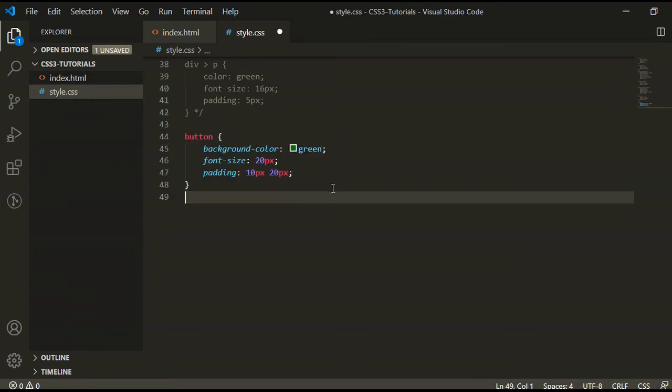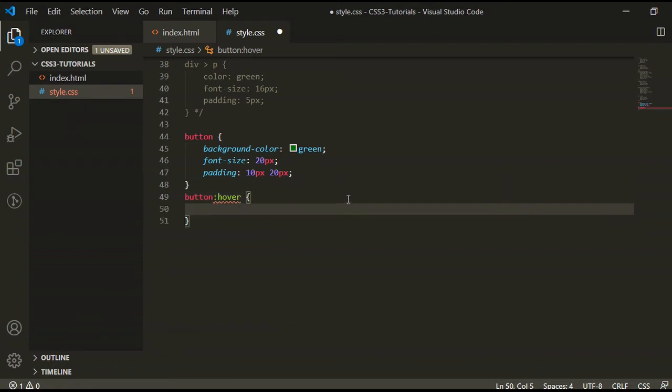Now we will give the pseudo class for this button. For the pseudo class we write the first colon, then the special state which we want to select. Now we are going to select its hover state, when the mouse is over it.